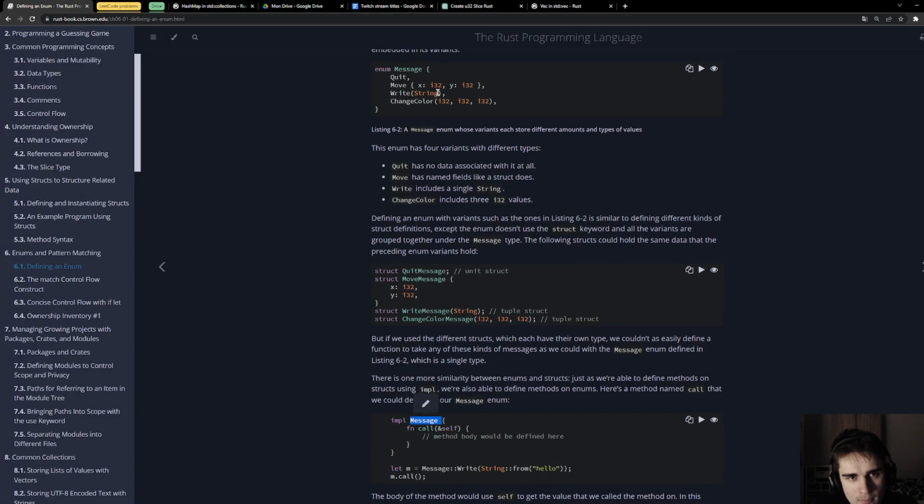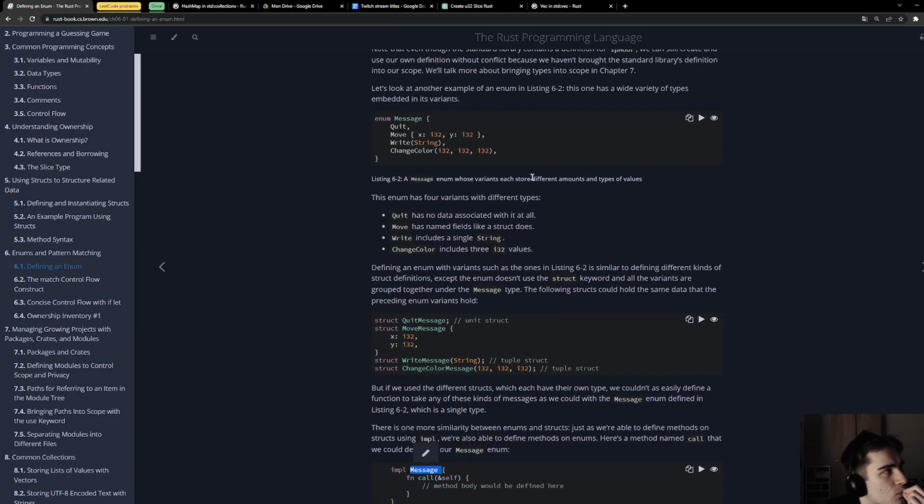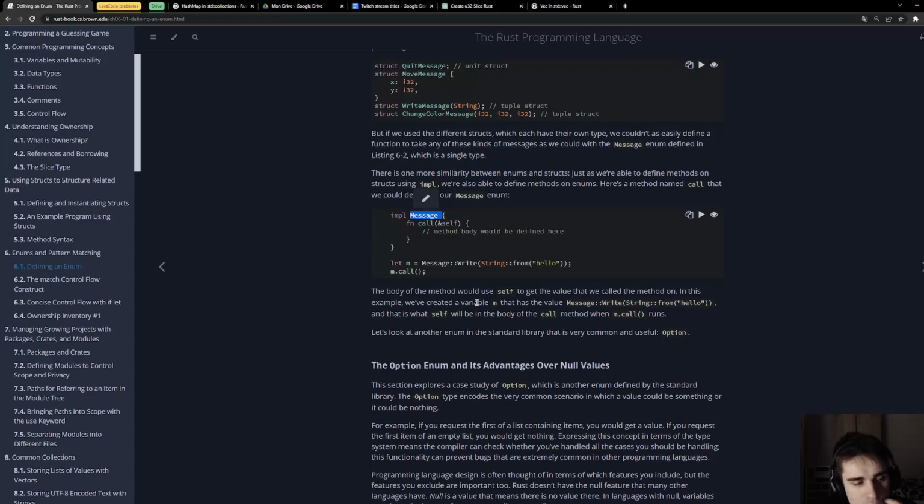Interesting. The body of the method would use self to get the value that we call the method on.